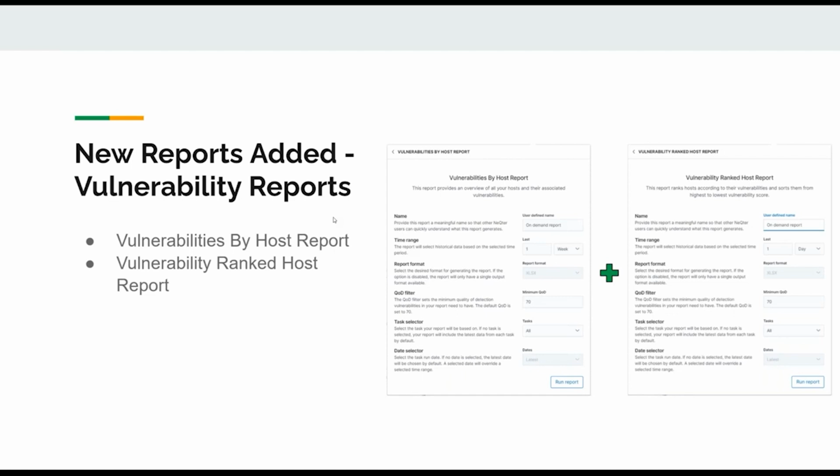One of the issues with OpenVAS is you click in and you have to go into the task. You have to go into the reports. You might just want to see all vulnerabilities for all tasks that are run. You can do that. With this, the task selector can be all, or you can say, maybe I have this VLAN that has its own task, and I only want to see that information. So you can do that. You're also going to be able, as you can see, to filter by quality of detection.